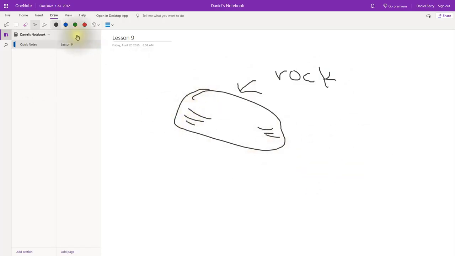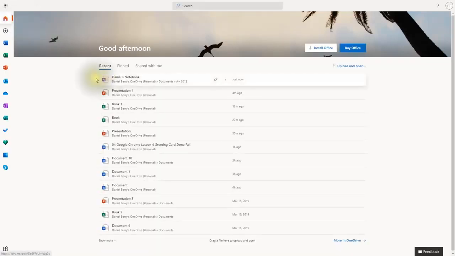So it is actually easy to work with this, and it is a way for sharing ideas quickly, and that's all about OneNote.